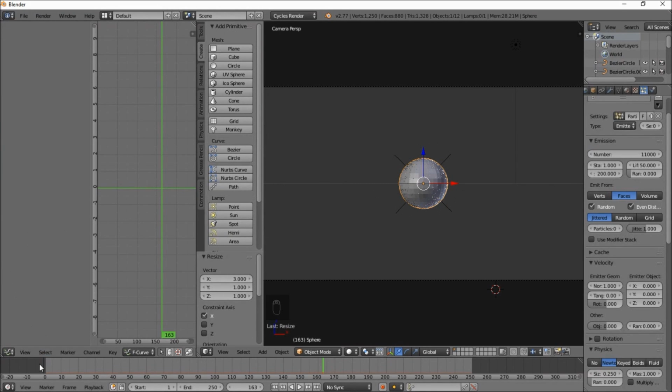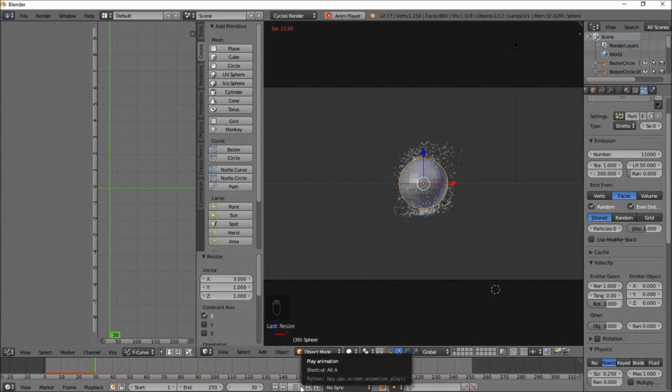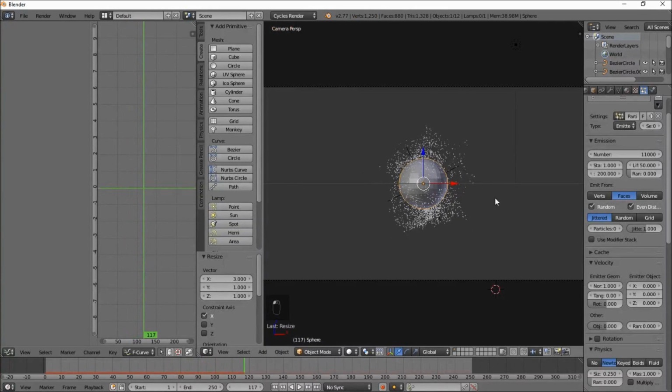Rewind this and play it, and let's see how our particle animation does. So you can see we have a lot more particles, so it's looking really nice. We've just got them turbulently moving around the center of the screen. So let's make our background black and render it, and go into the compositor to finally edit the colors and